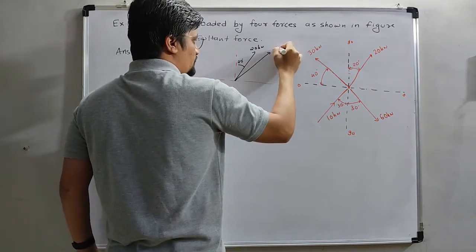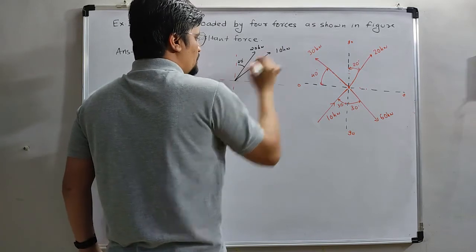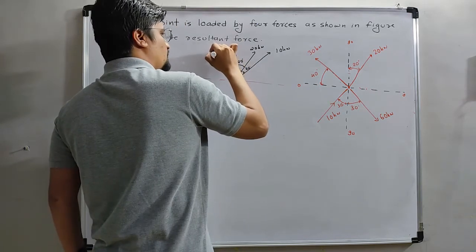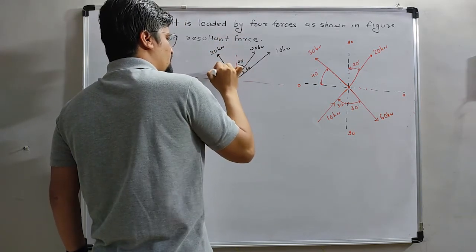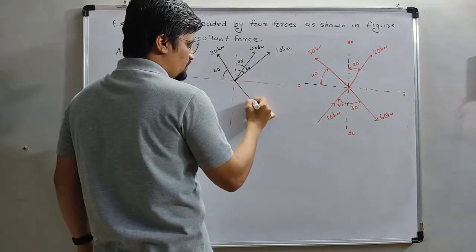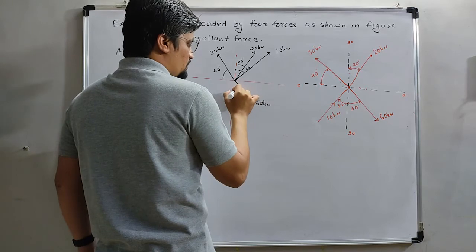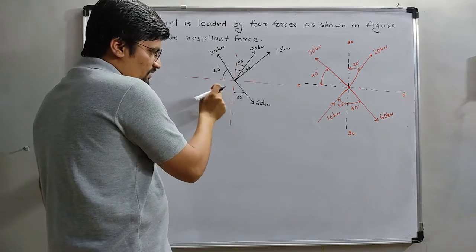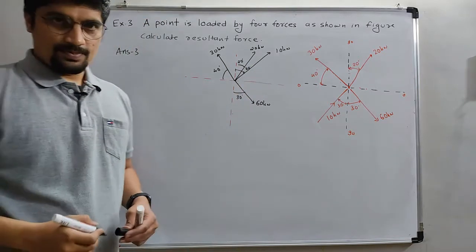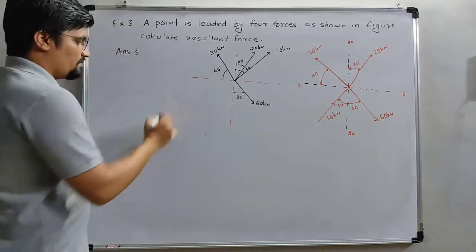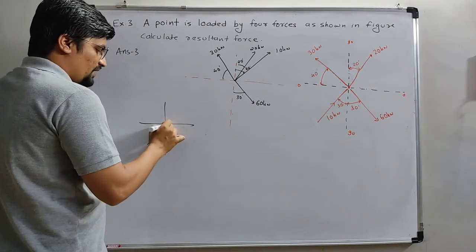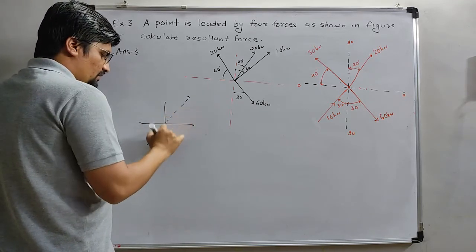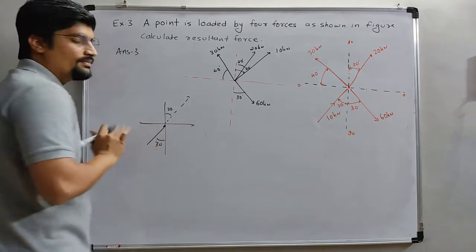It is 30 kilonewton, 10 kilonewton, which makes 30 degrees here, and here it is 30 kilonewton, which makes 40 degrees here, and here it is 60 kilonewton, which makes 30 degrees here. Why have I written this 30 degrees? Because if it is making 30 degrees here, then it will make 30 degrees here also. If some line is making 30 degrees here, then further it will go like this, and the 30 degrees will be made here. This and this will be the same.